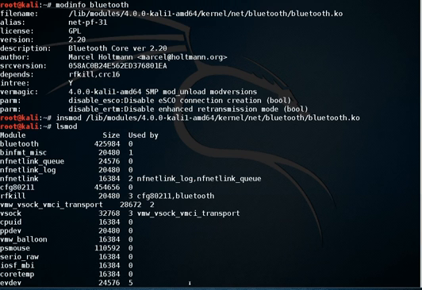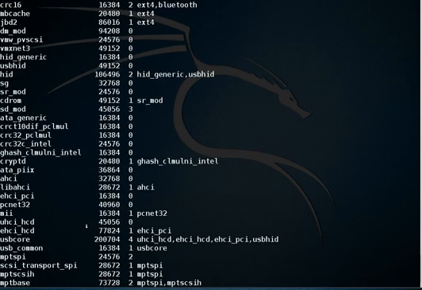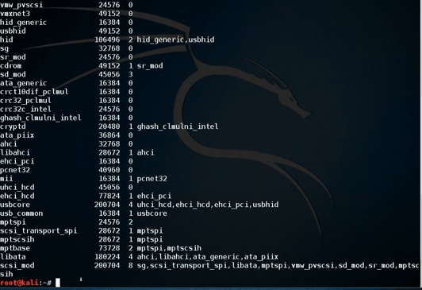We'll scroll to the top, and as you can see here, the Bluetooth device is working and the device driver is inserted. We talked about how to remove a device driver with rmmod and insmod. So now